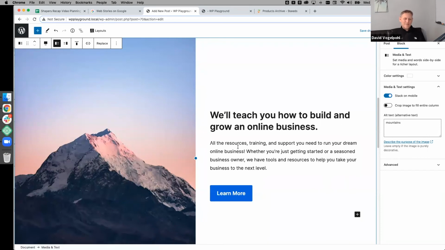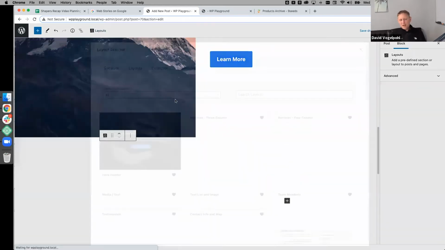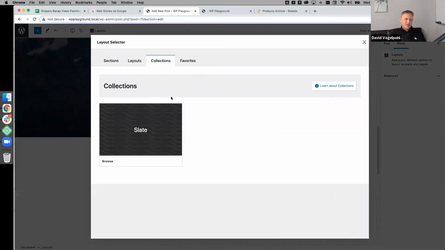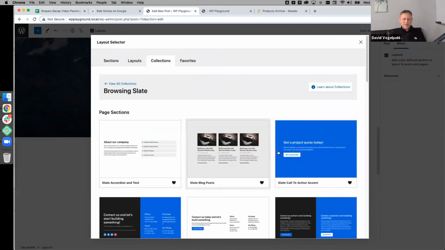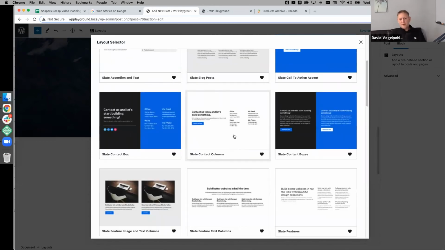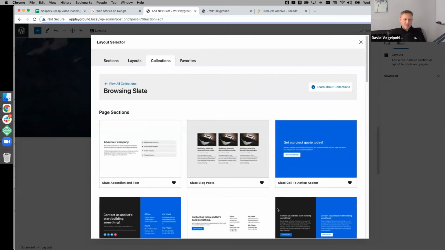But these, I call them magic time machines, and really fundamentally in the block context, and not exclusive to Genesis blocks, you're just really asking yourself, what time machines am I going to create? What am I going to design? What integrations do I want to include in my magic time machines? And that's fundamentally how I think about all this. In the Genesis context, this is done through collections. But again, having that be open, not just to people that distribute lots of themes, but people that make their own stuff and want it invocable and usable in the moment. I think it's just an exciting time to be in WordPress.